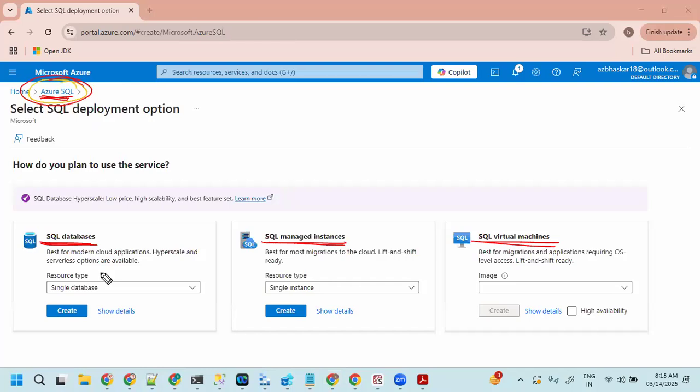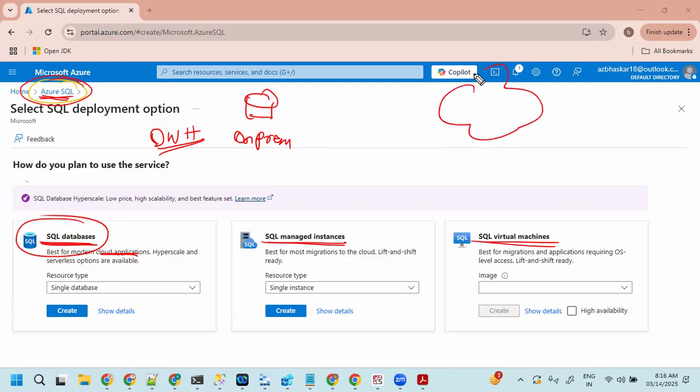This is best for modern cloud applications. For cloud applications we can go for this, and even for data warehouse we have used it. Let's say, for example, I have a database on-prem and I want to migrate it into the cloud. Then you need to have a database in the cloud. Migrate means you're loading and doing a transformation.